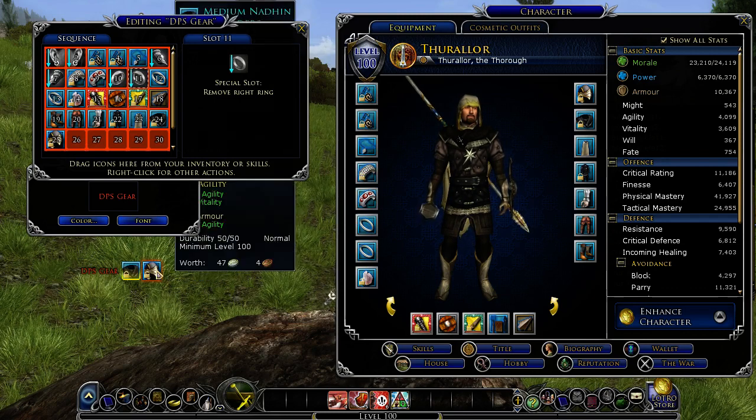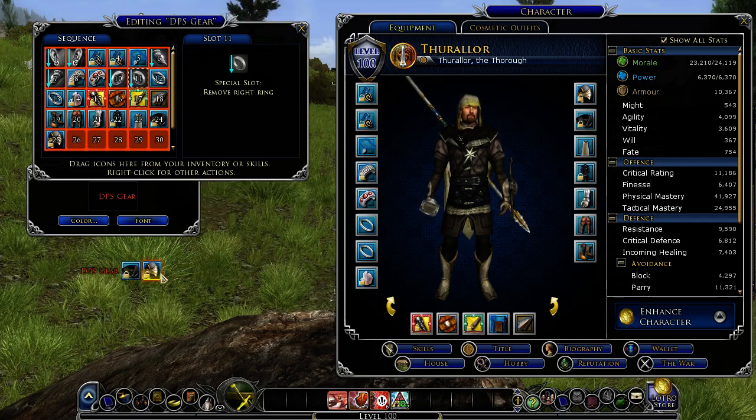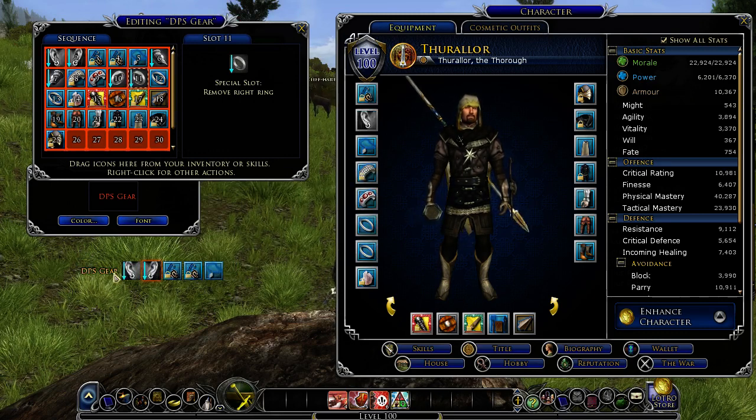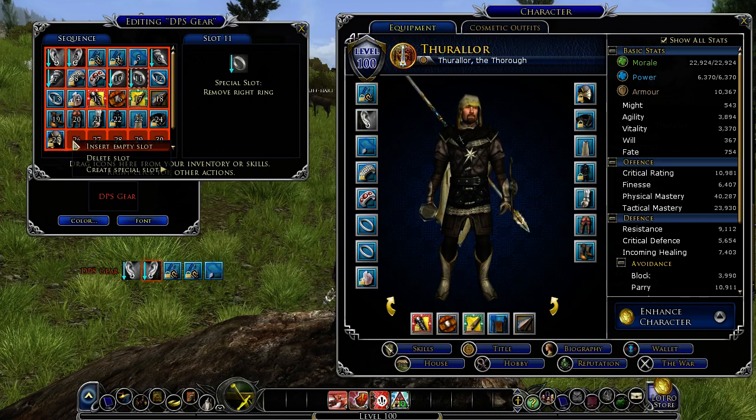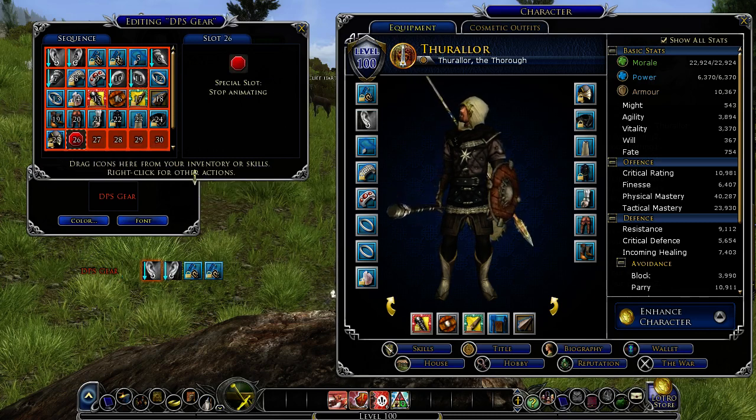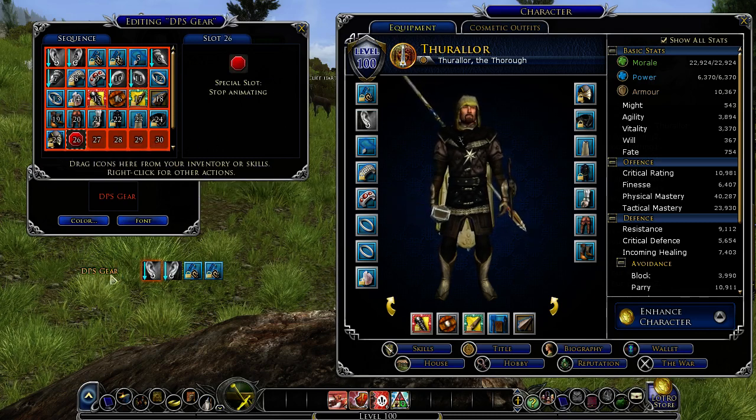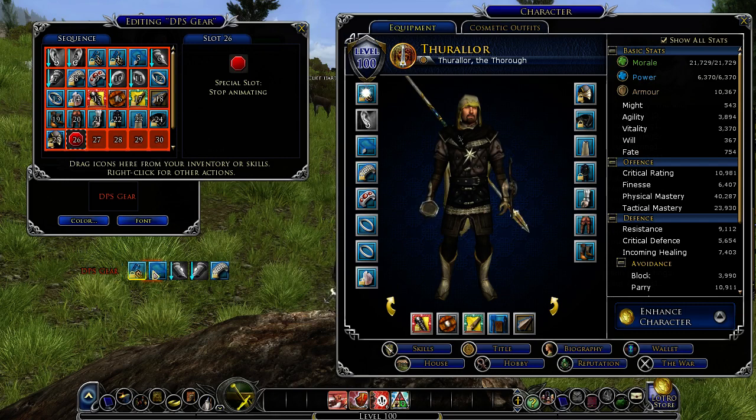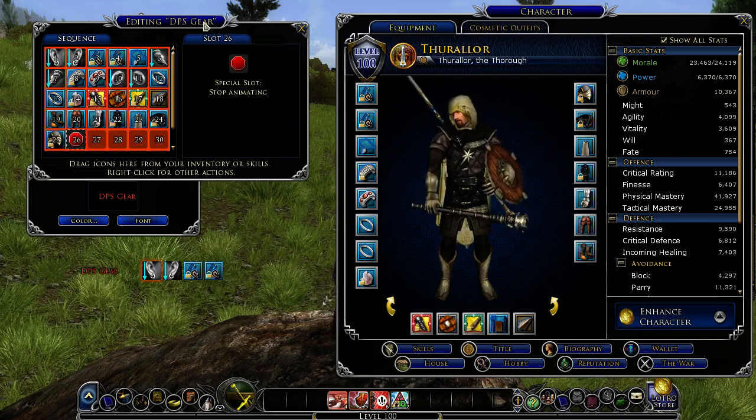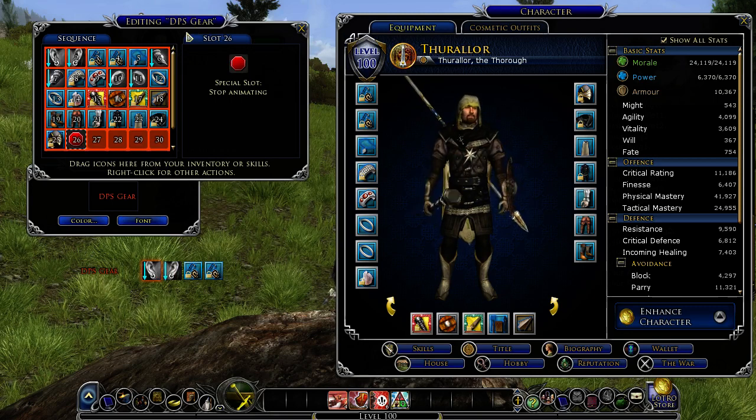So that works. In this case, I actually don't want it to automatically reset because I don't want it to just keep rotating over and over again. So I can stop that just by inserting another special slot here at the end, which is stop animating. So it's like a stop sign there. Now when I get to the end, it just stops. And if you want to reset it, you can click on the title. So that's my DPS gear